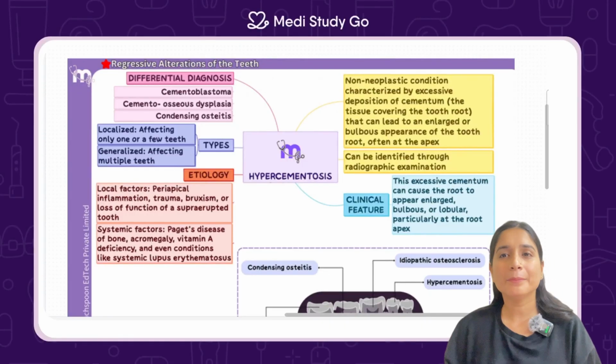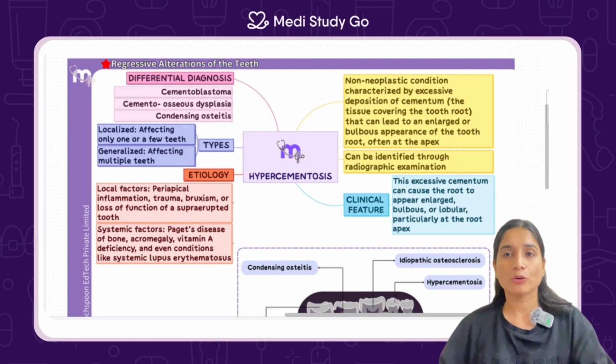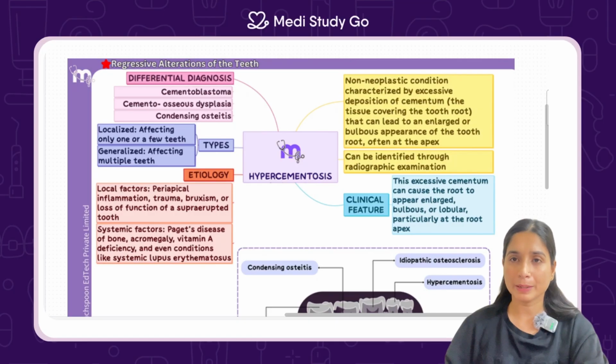Hi everyone, welcome back. And today we are going to study about hypercementosis from this beautiful mind map from MediStudy